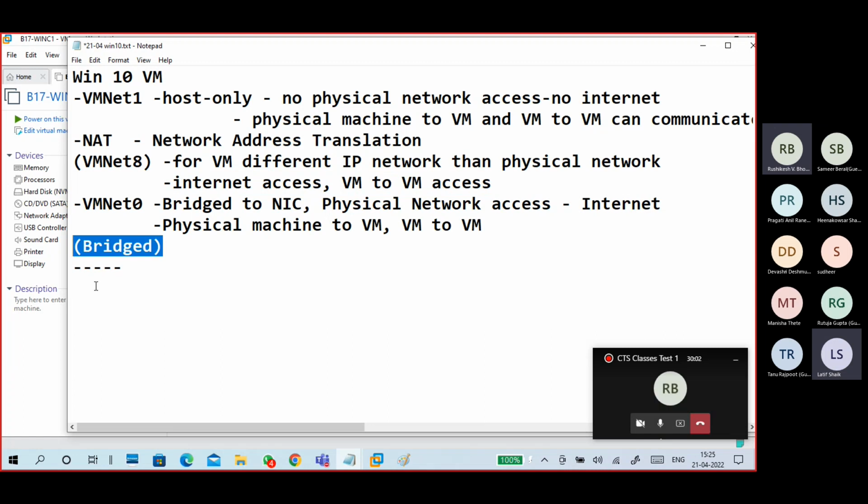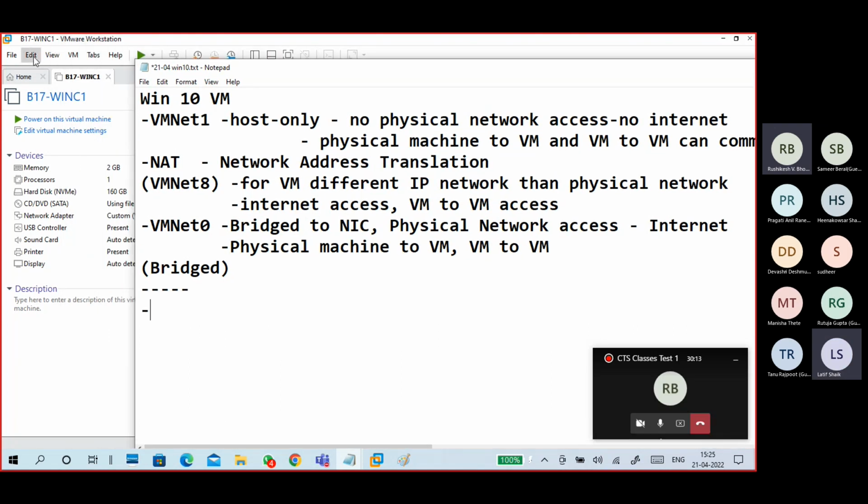Okay, so what we have to do to configure VMNet0. First, we should know how to configure VMNet0. In VMware Workstation, you can go to Edit. Whatever virtual machine you are using, we don't mind. This is the workstation setting, not the virtual machine setting.